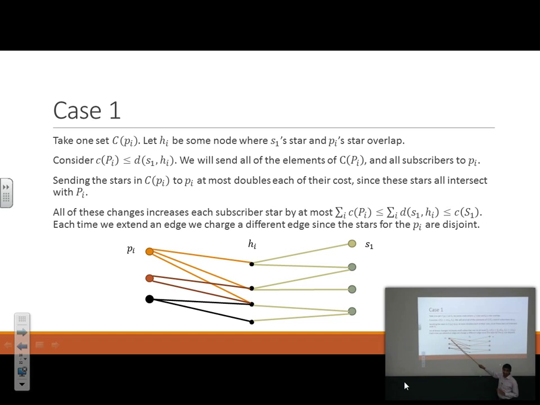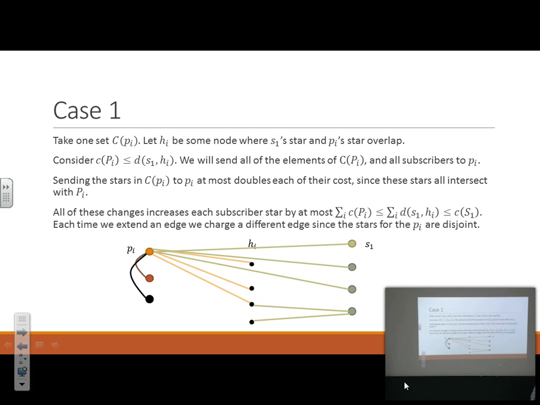So what I'm going to do is send all of the other guys in its cluster to PI. That's easy to do anyway, because this is the cheapest guy, and then everybody else above him is costlier than PI. So they're all going to go here. But I'm also going to go from every SI to the center of that PI. How can I afford that? We have to be careful about that. All these guys are going to go there. By the way, this is almost costless because I'm going to pay twice my cost to get there. So this part's okay because I'm ordering by the cost of the stars. How do I pay for the cost of getting from each of these subscribers directly to PI?